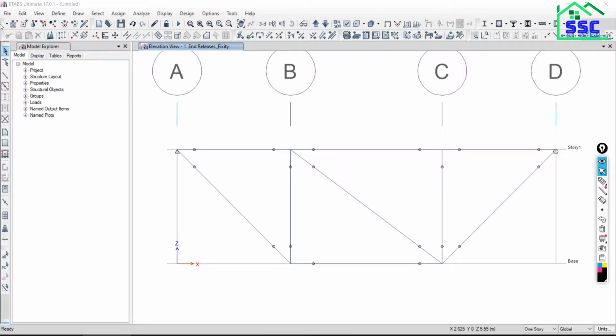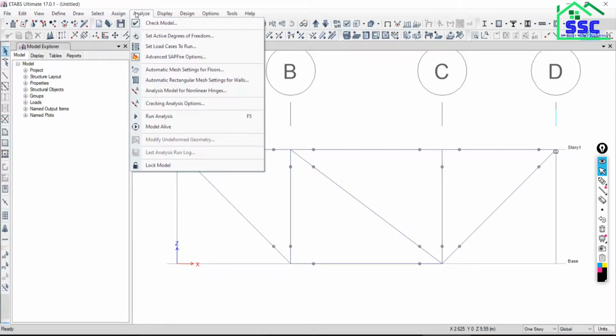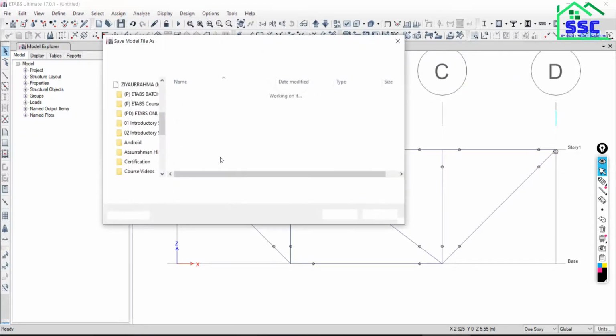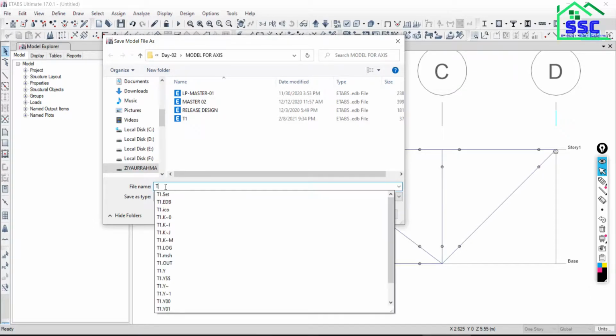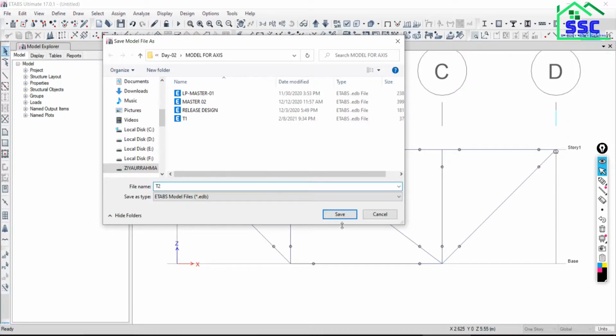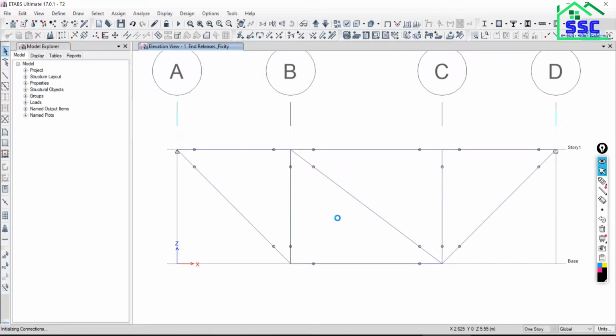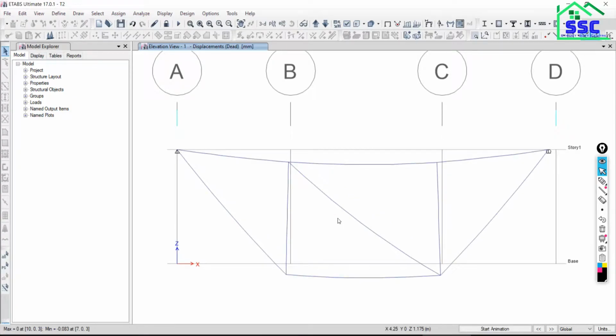If you don't have this strip, then go to Analyze, and in the Analyze option you will find Run Analysis. Just click on this. It will ask you to save the model. So T2 truss 2, save, start the analysis, and it takes some time and gives the deformed shape of the structure.